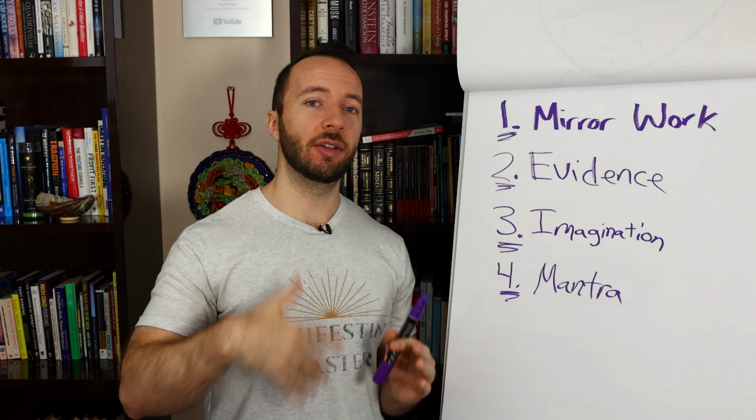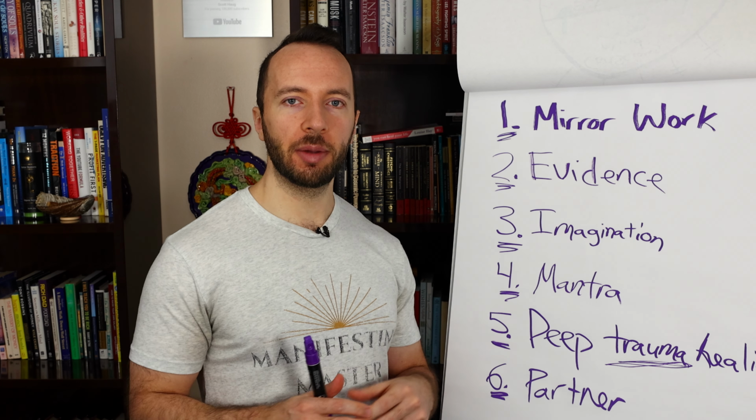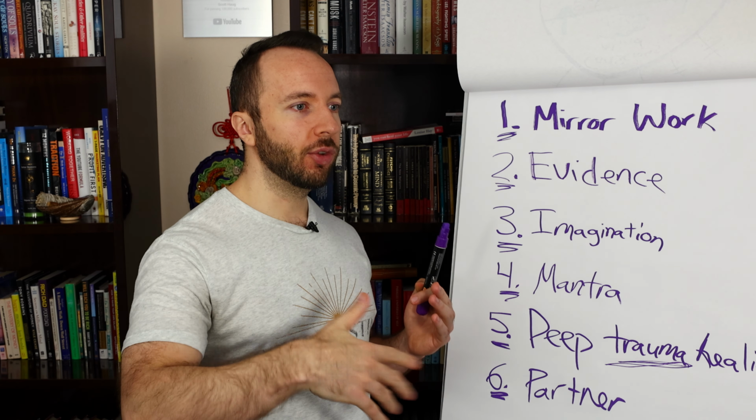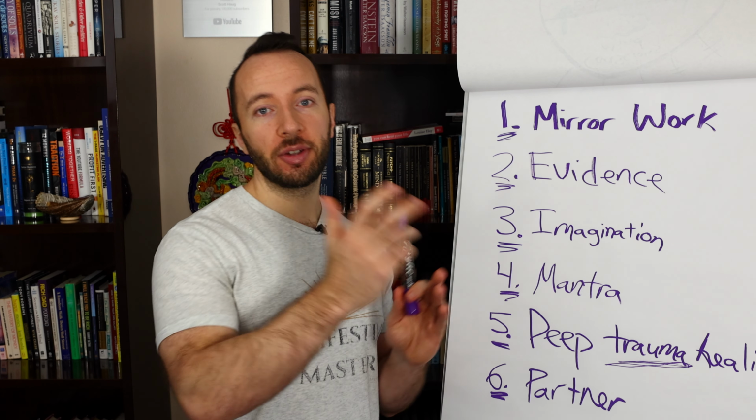Number 6 is partner work. Okay. Partner work is when you have an accountability partner and you are helping each other live that life already. So you're going to talk to each other as if you're there. So somebody would say, Scott, don't you remember when you were a top coach of Bob Proctor? Scott, don't you remember when you had a certain income level come in? You see, what they're doing is pretend I wasn't there already, and they're going to talk to me as if I'm there. And we're thankful for each other. And then I say it back to them. Say, don't you remember when you had that big income month? Don't you remember when we were all congratulating you on X, Y, and Z? So you actually help each other and you talk to each other as if you're the new identity today.